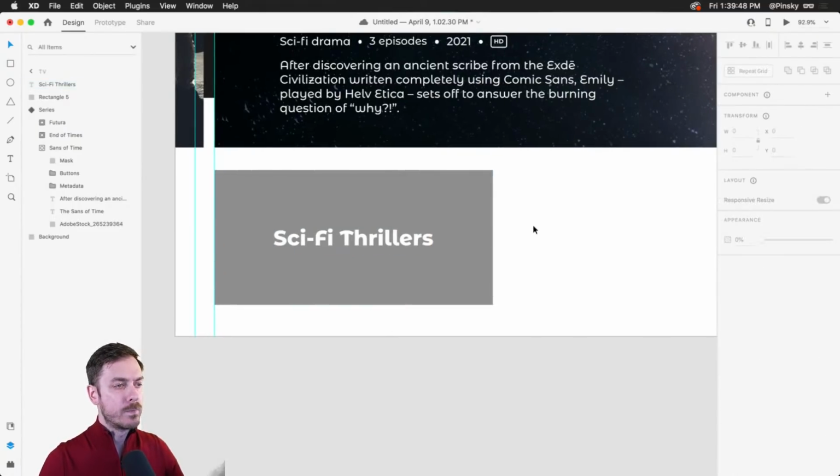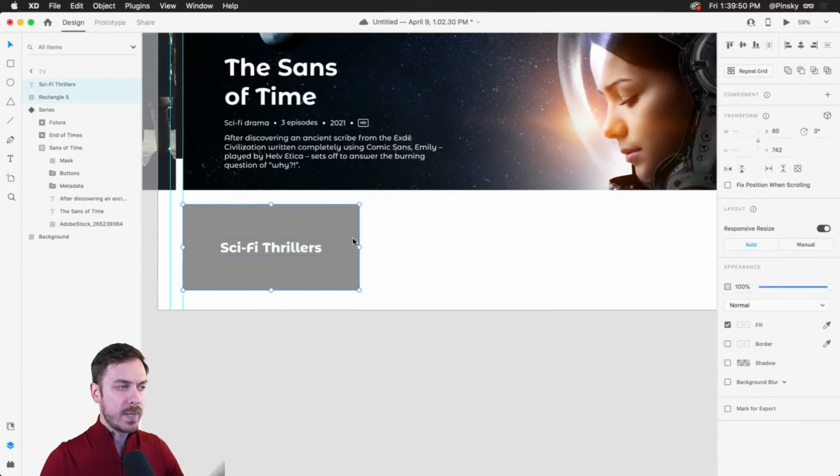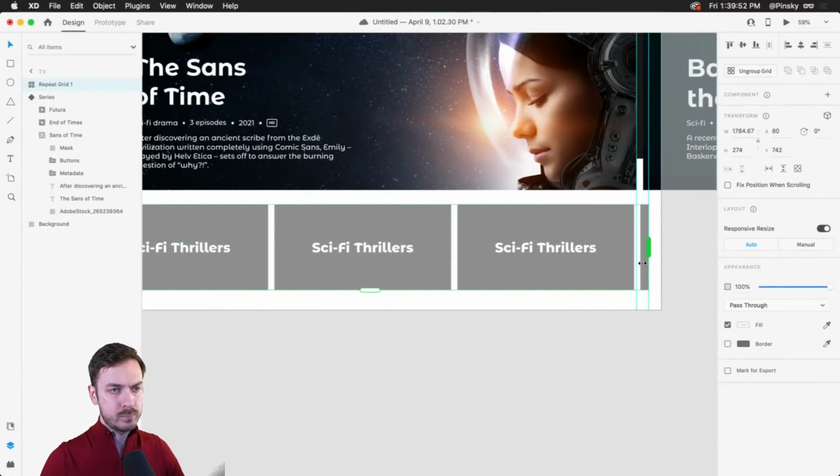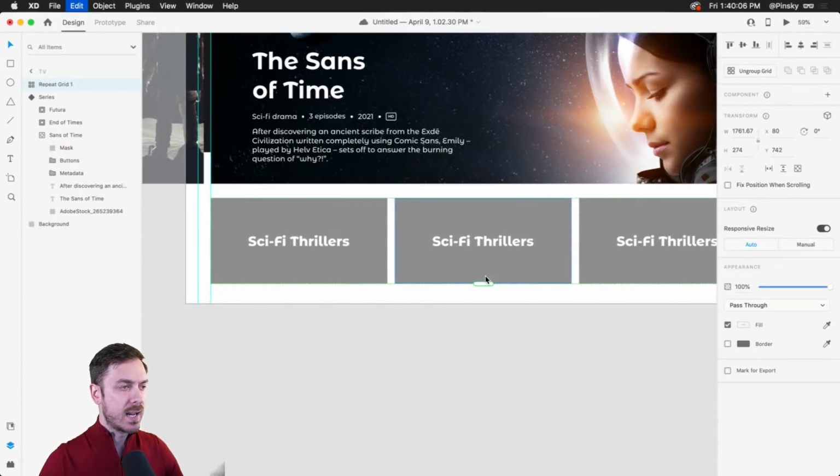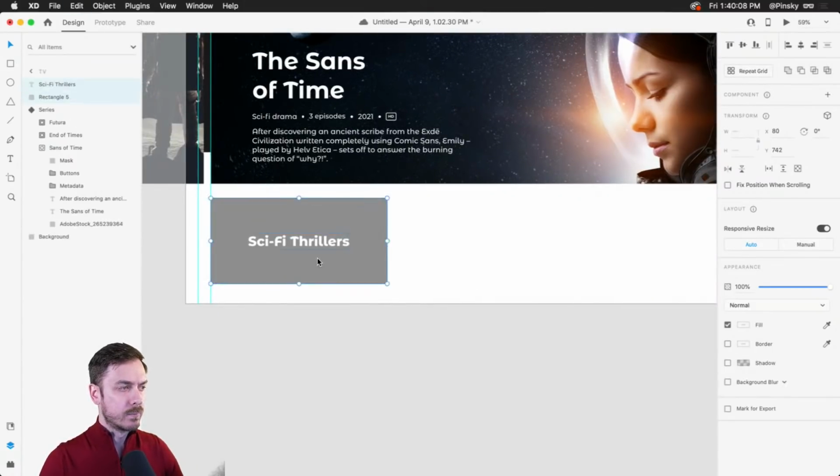Now, I did mention that you can use a repeat grid, right? But we may not want to in this case. And that's because we may want to add some hover effects, and we may want to add some moving shadows or reflections or things like, we might want to get a bit fancy with this. So in this case, we're actually going to be using nothing. We could use a stack, of course.